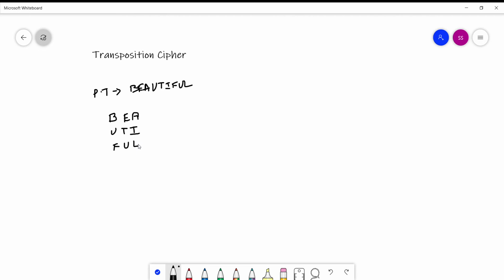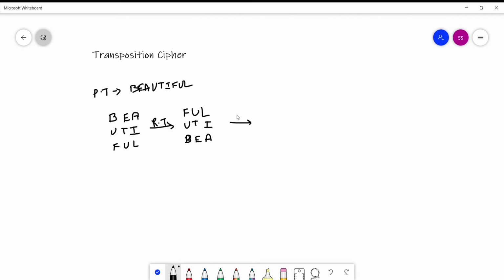So let's first do the row transformation. So it will become, the last row will come at the first: FUL, UTI, and BEA. This is my row transformation, in which I have changed the position of rows in the reverse order.